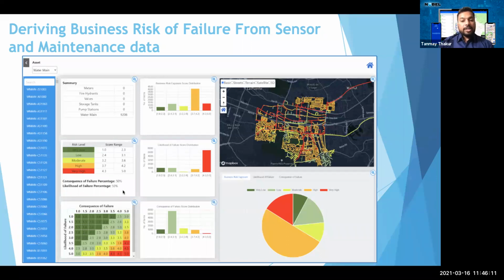This is a dashboard from our platform which tells you about a particular pipeline. Currently I've clicked on a pipeline to see its overview. You can see a consequence of failure chart where, if a pipeline has a rating of 5, it has a higher probability of a leak compared to a pipeline with a rating of 1.